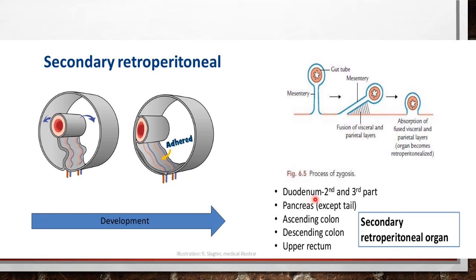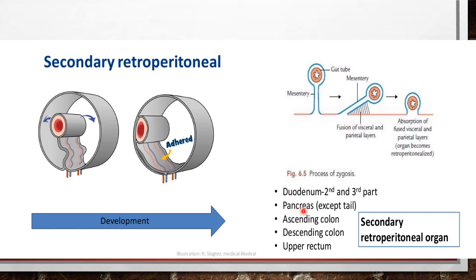So the secondarily retroperitoneal structures include the duodenum, its second and third parts. As you have seen, the first part of the duodenum receives the lesser omentum, the hepatoduodenal ligament of the lesser omentum, so that is intraperitoneal, and the fourth part is also intraperitoneal, which has the attachment of the root of the mesentery. So only the second and third parts of the duodenum are secondarily retroperitoneal, and I hope you know now that these structures which become retroperitoneal are immobile. They become fixed and immobile.